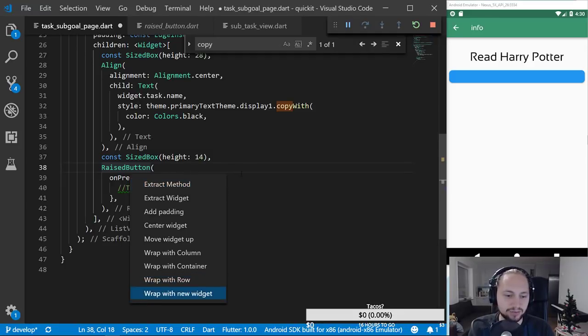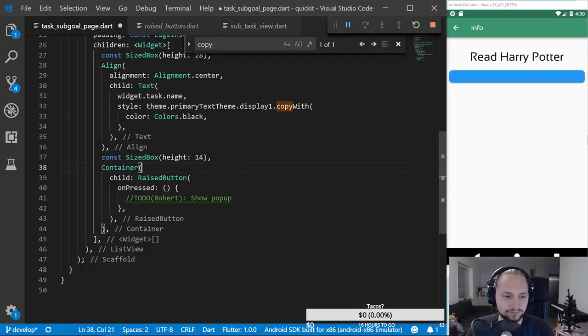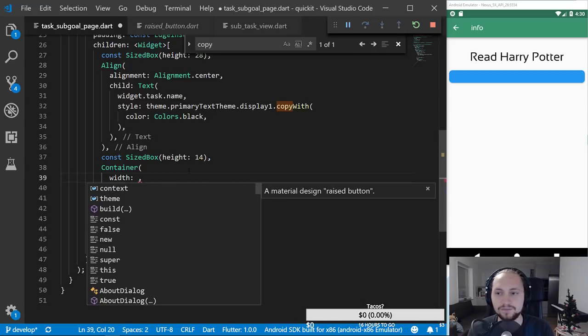So we can wrap this in a container. We set a width. Something like